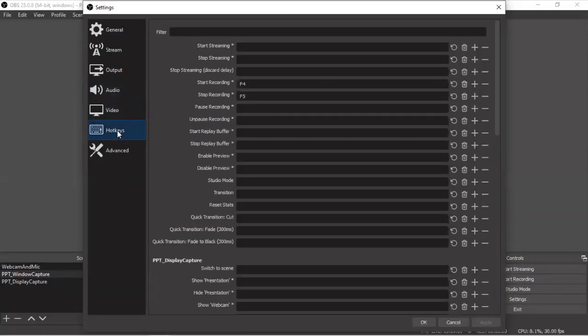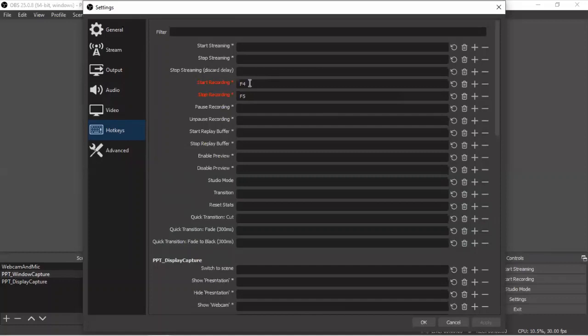Here when you press hotkey, there are controls we have. So start recording. Here if I select the function key F4, then I can use it for start record. Even if you minimize OBS and while running PPT, you can start recording, you can stop recording.